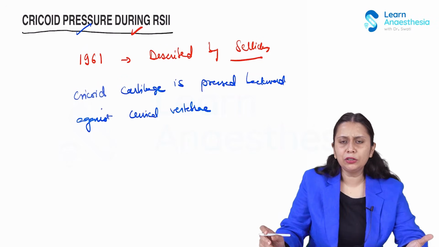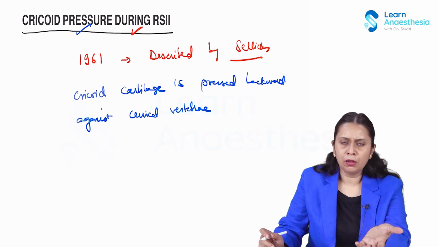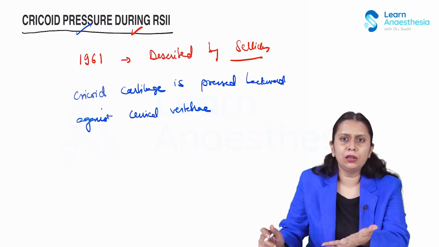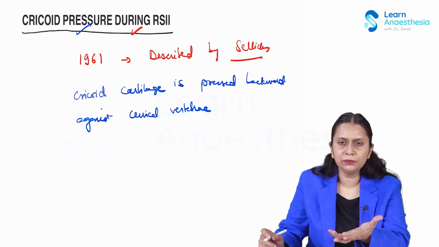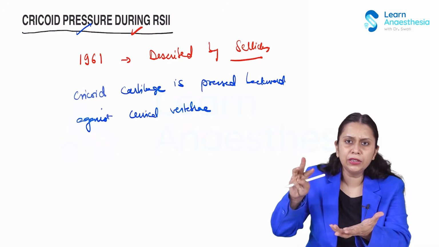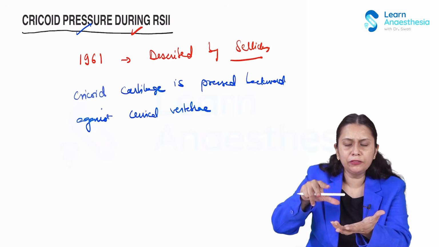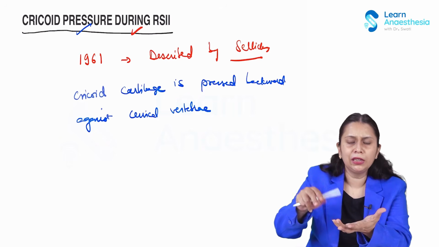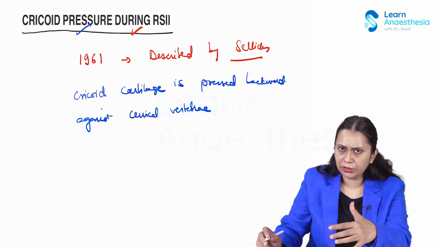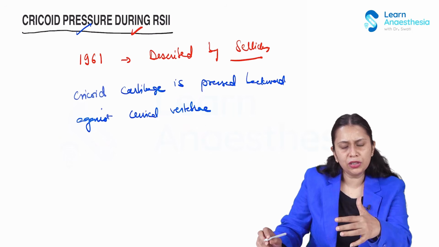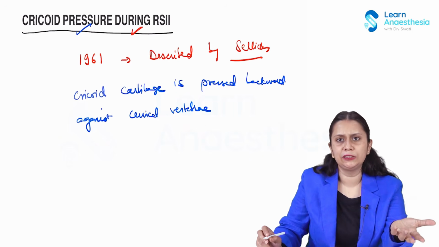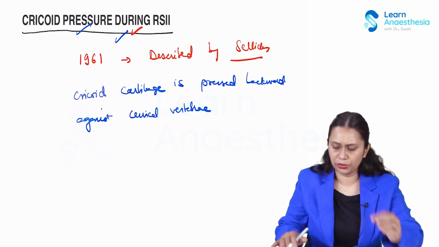Now, how do we apply the cricoid pressure? The assistant puts one hand below the neck and stabilizes the head and neck of the patient, right? And with 3 fingers, 2 fingers keeping the cricoid in the central position and the middle finger applying the cricoid pressure, right? We start with little pressure, 10 Newton, till the patient is conscious. Once the patient becomes unconscious, we increase the pressure. This is cricoid pressure. So what are the